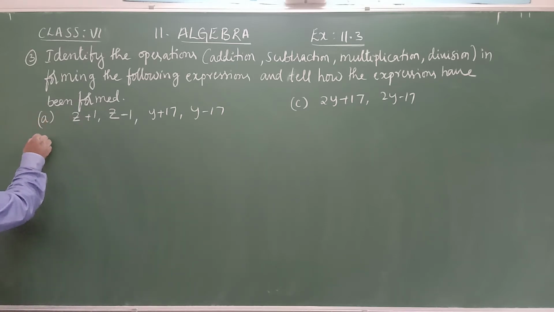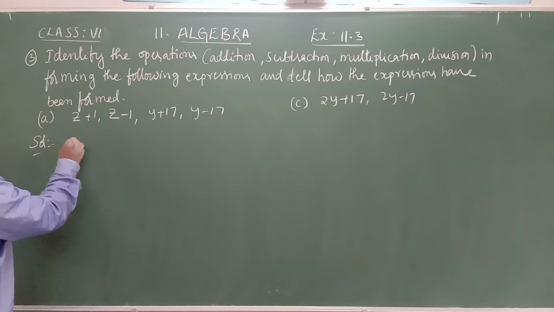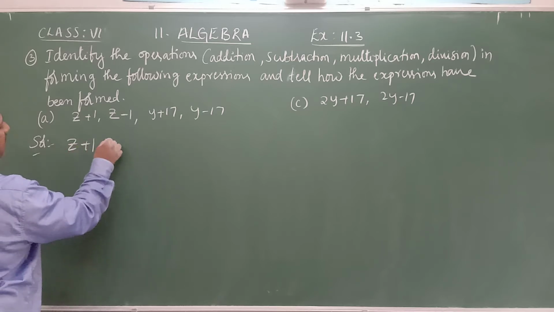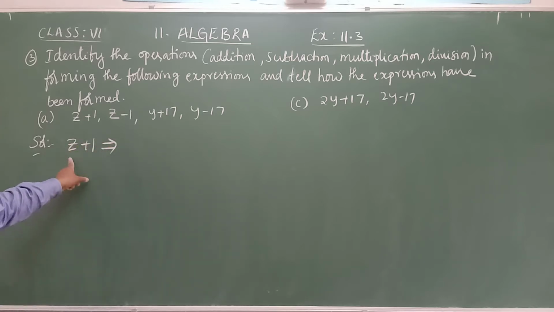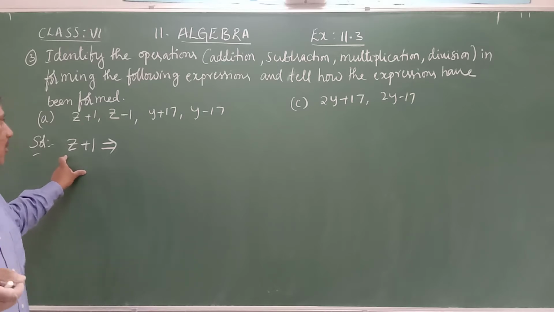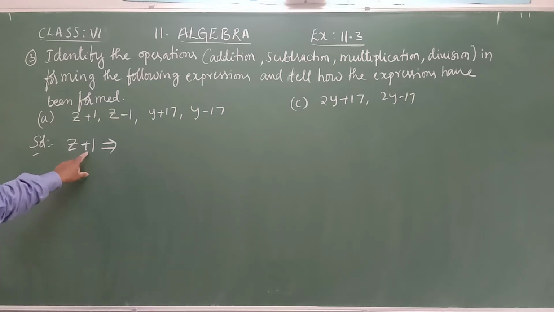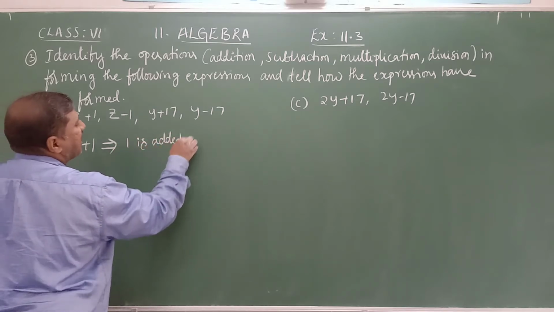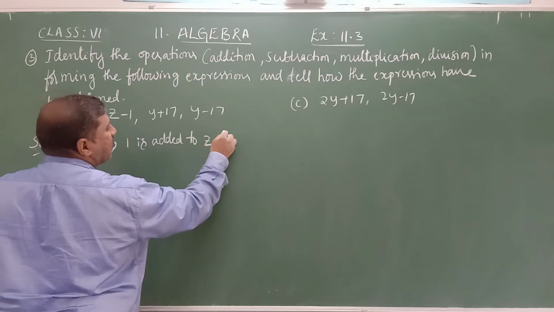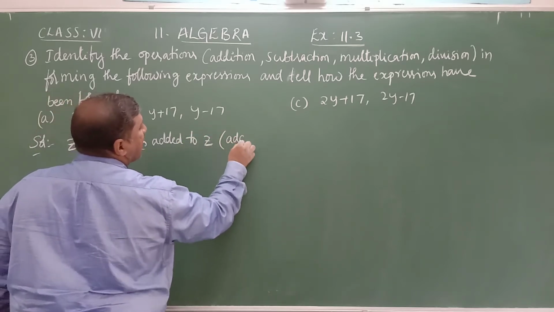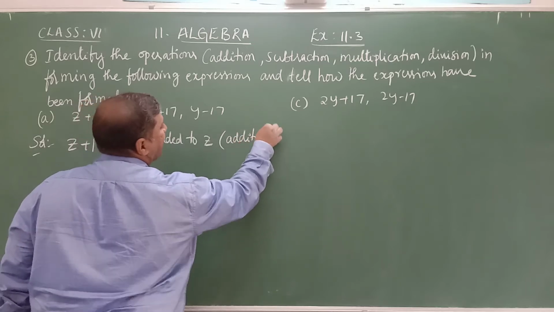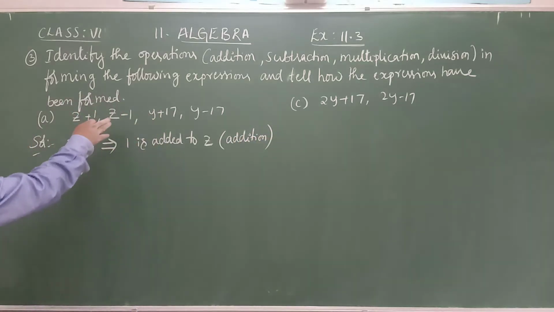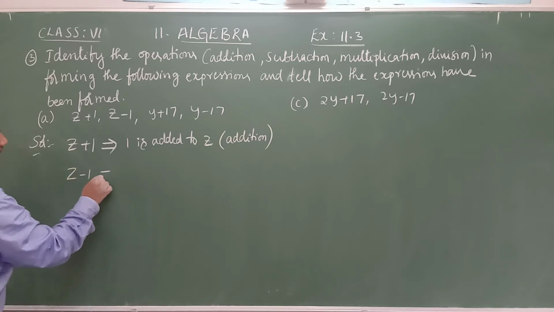So the first question here is A, which we have z plus 1. So z plus 1 means 1 is added to z. How can you tell it? Plus means it is addition. So 1 is added to z. Therefore, which arithmetic operation is there? Here it is addition. Then the second one is z minus 1, which means